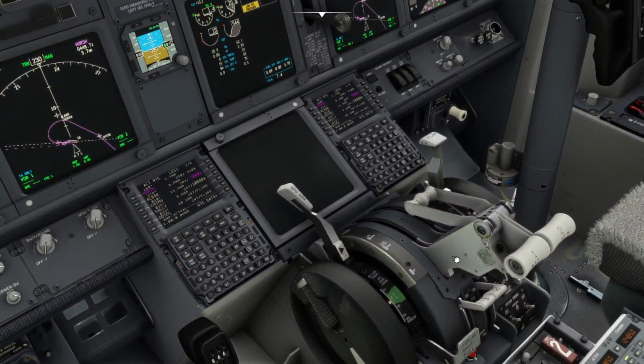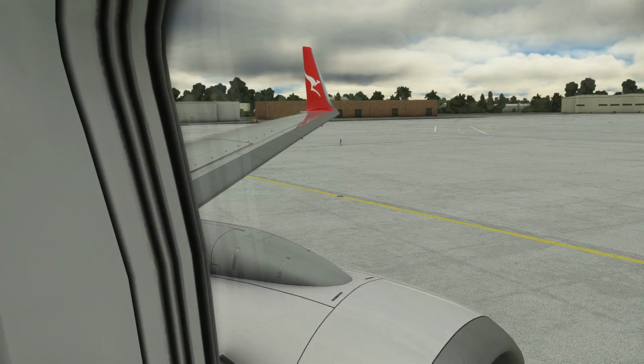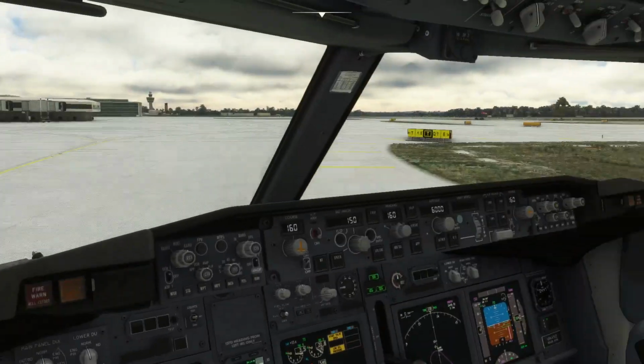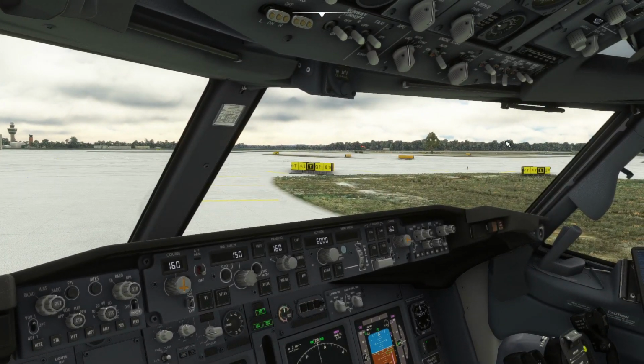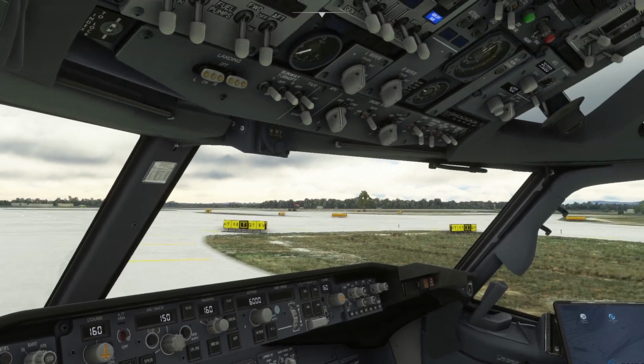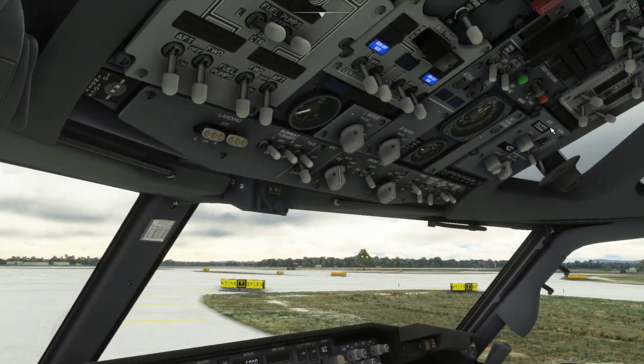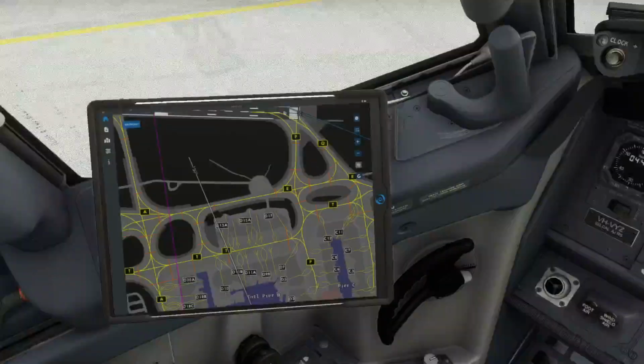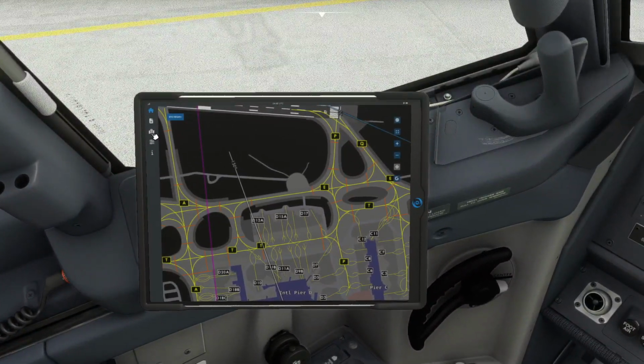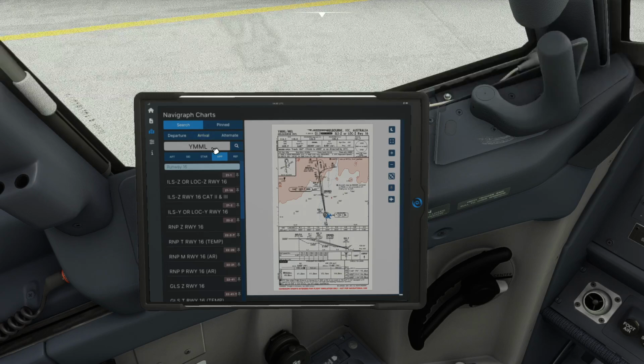There she goes. That's just starting up there. And we probably should have our anti-collision lights on as well. There's always something that you forget. Okay? No one's perfect. Alright, so while we're waiting, I want to get Canberra's